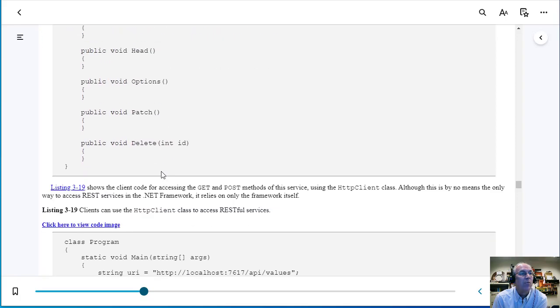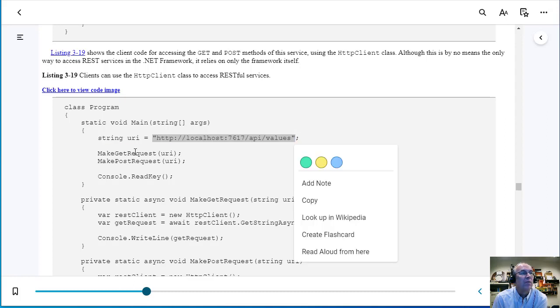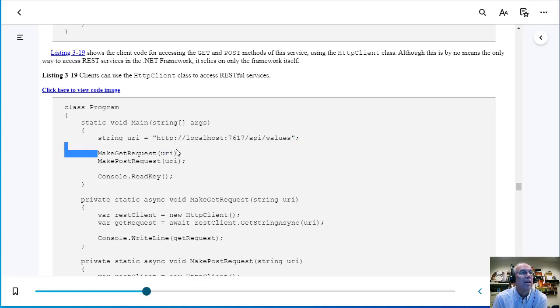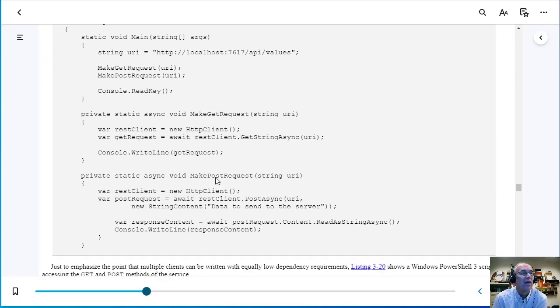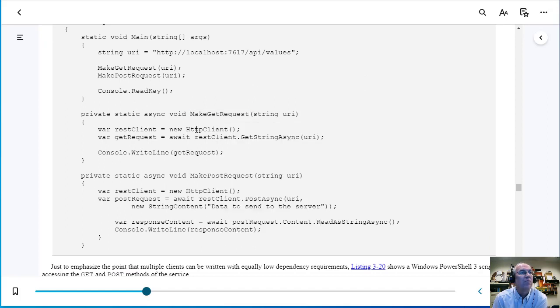This might be running on a web server that we've set up, and here we're contacting that web service, doing a web request, either a get or a post request to this address, and then we're getting some information back. So this is how we're doing a get request. We're creating a client, we're doing a get